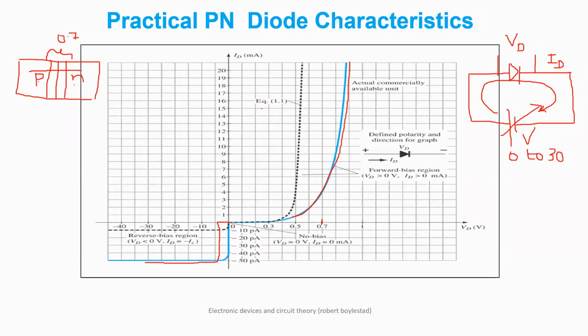But that is not of concern. Normally, we do not operate diode in reverse bias in the lab under very high voltage. So we look only at forward bias in case of your lab. So this is what we are going to do in the coming practicals, that is forward bias characteristics.